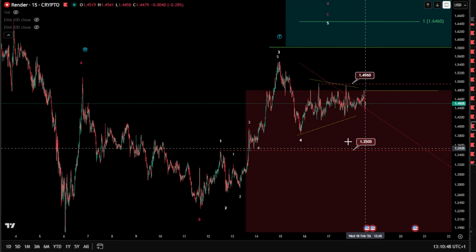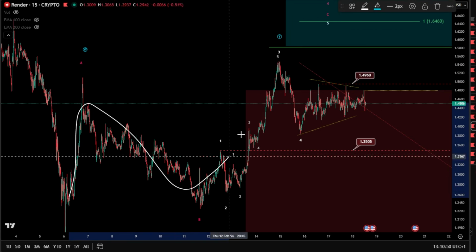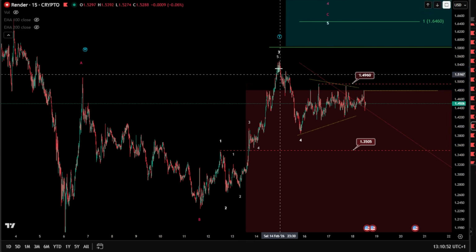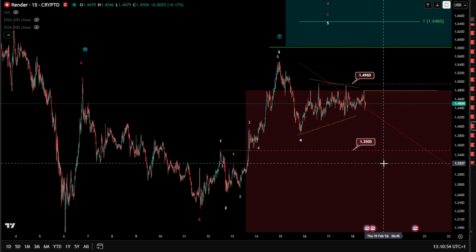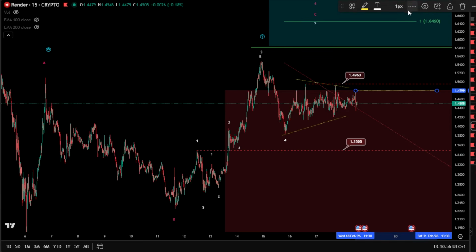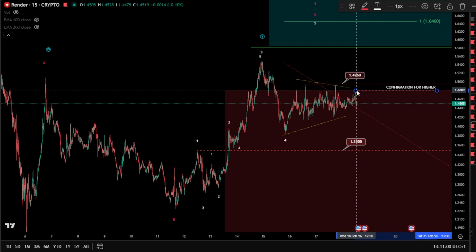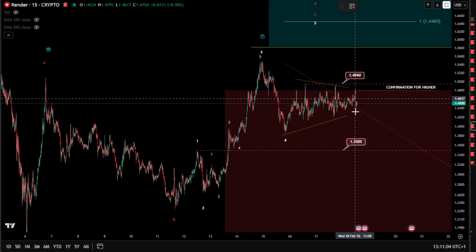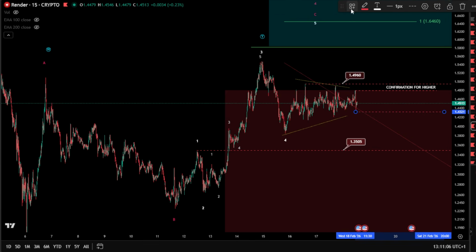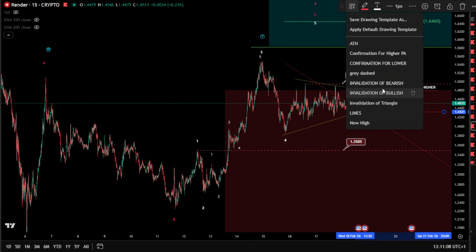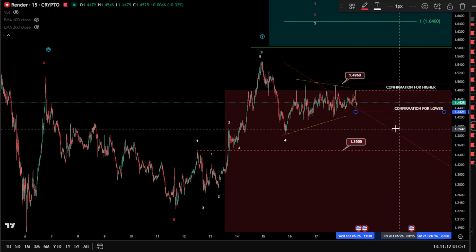We have to be careful because it can be a finished W, X, and a Y here, and then you start to push for lower. So I would say confirmation for higher, definitely for breakout, should be taken over there. And the confirmation for lower as well has to be taken exactly there for Rndr, because this is somehow the end of